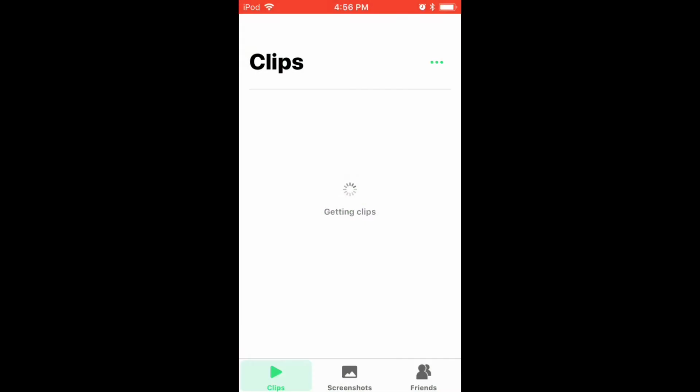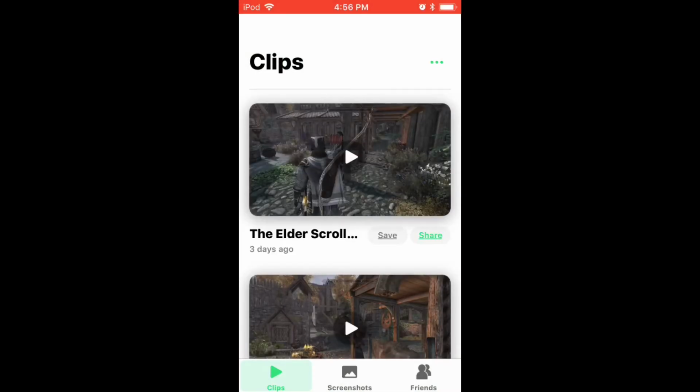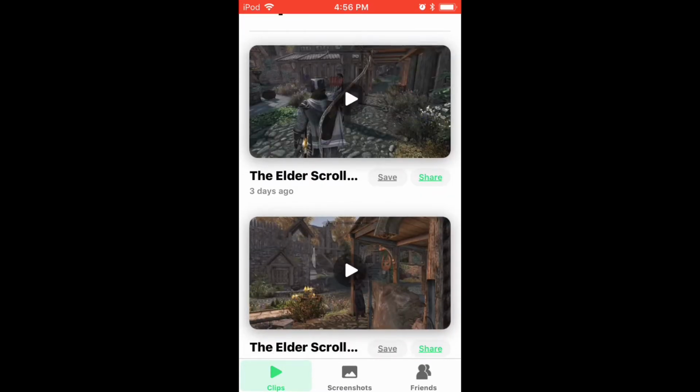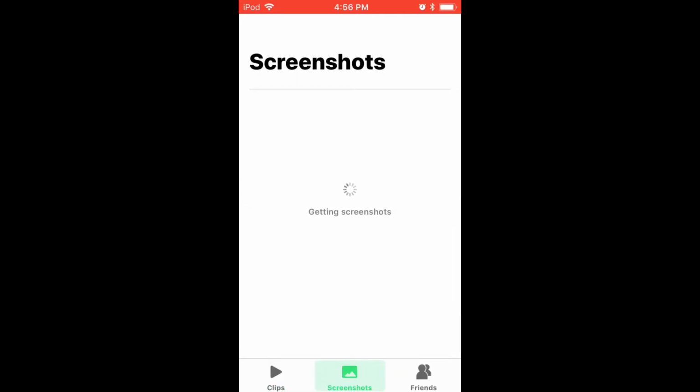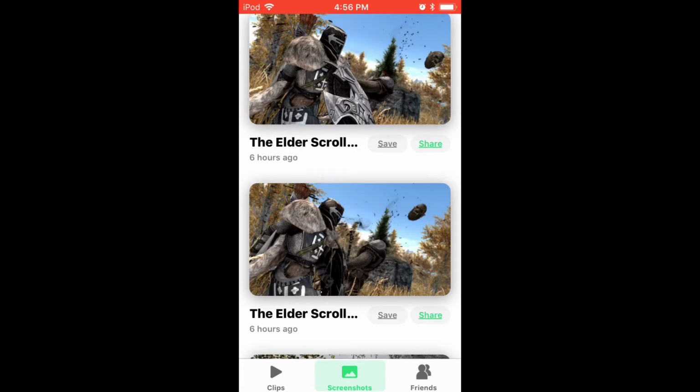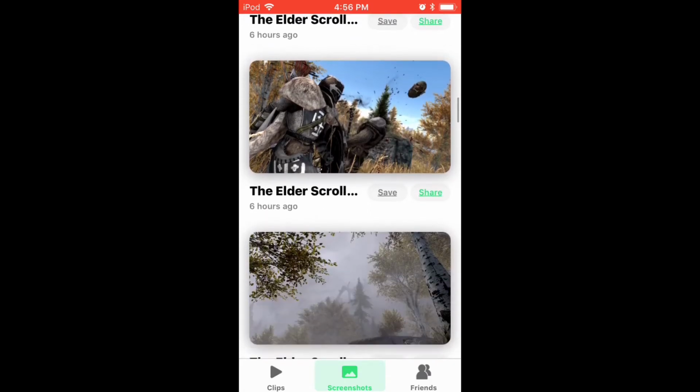If you're on Xbox, this is an app where you can pull up your clips and screenshots and download them right to your device. So here's some of my recent clips. I actually used these for the AC Crusader armor video that I did. And some screenshots here that you can simply share with your, I've never used the share button on this, but I'm assuming friends or your activity feed. And you can also save these to your